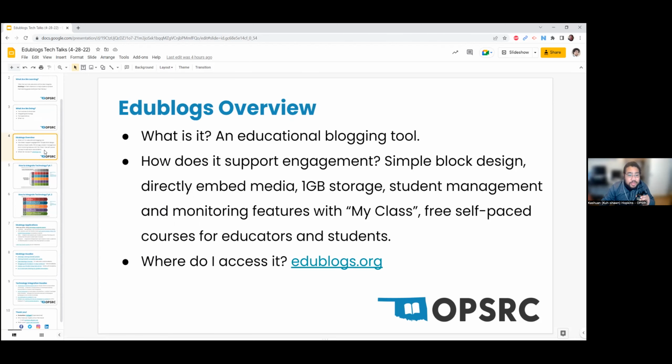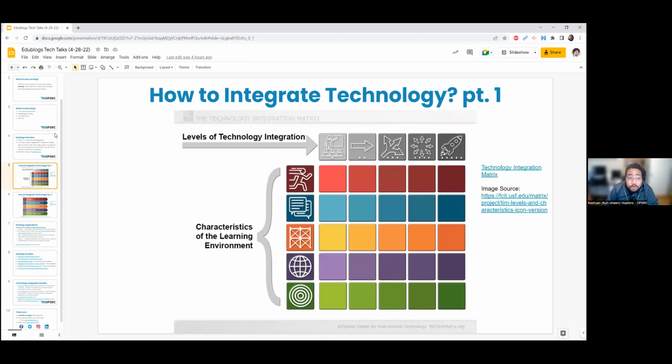We're going to start with some Edublogs overview. First of all, simple definition: an educational blogging tool. It does come with a free account. Of course, it has those ones where you can pay extra to get some premium features on here, but for the most part,